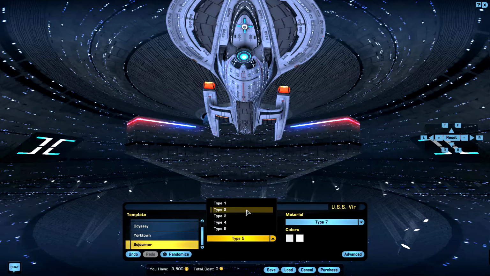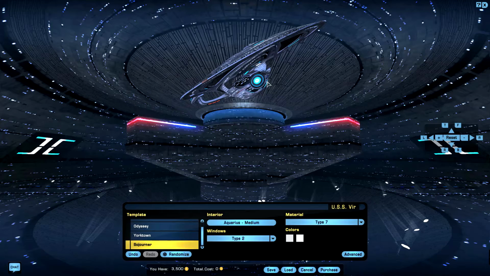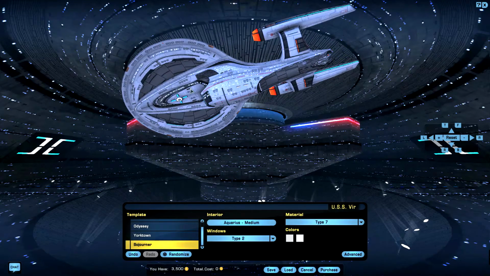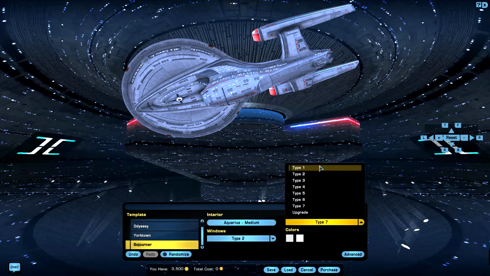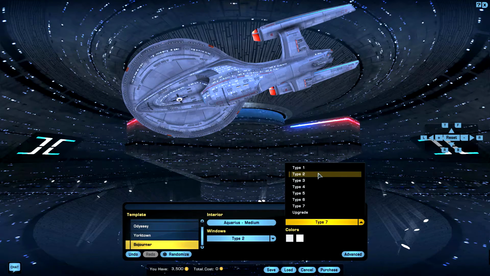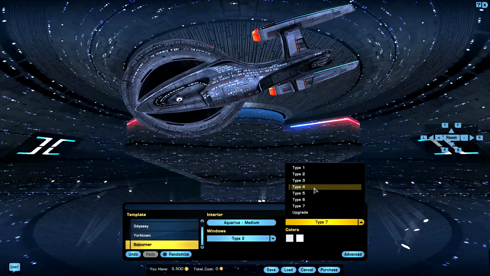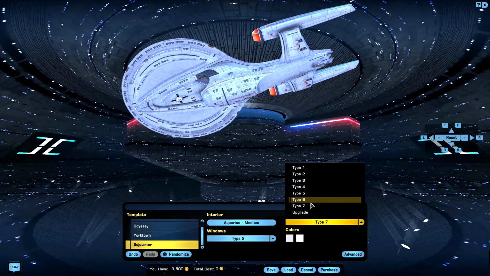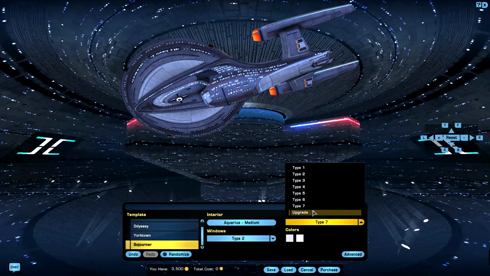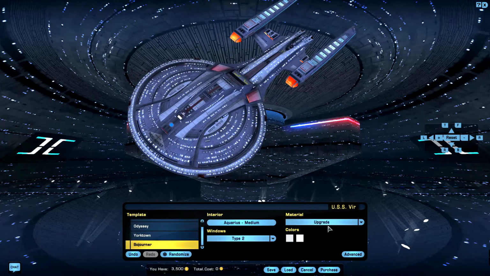I'm thinking this number 2 because it has a little bit of a blue-ish color inside the windows. We do have different material types. Material type 1, 2, 3, 4. I'm leaning towards this one. 5, 6, 7. The upgraded version. Oh my god, the upgraded version is something that